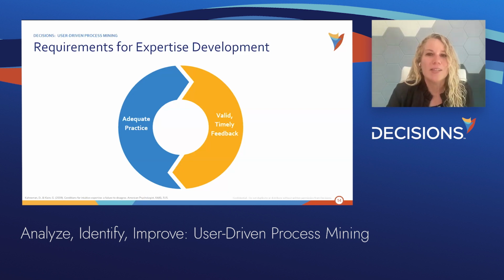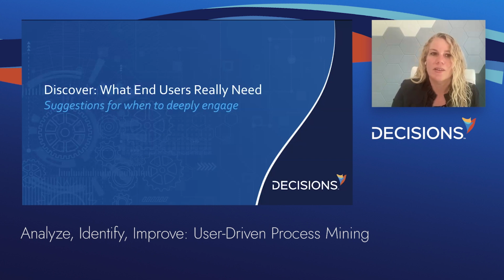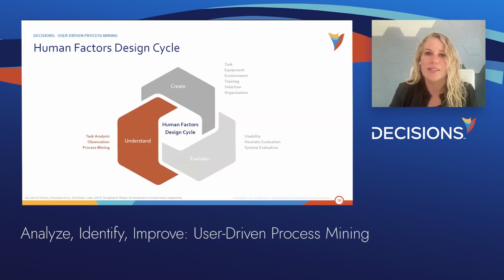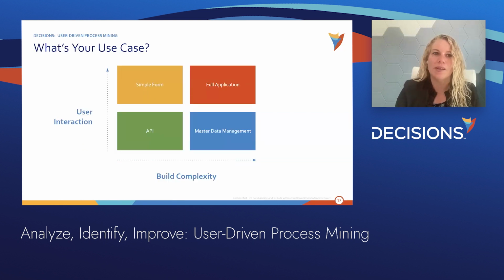And let's get this back into talking to your users and understanding what they really need. Because they're experts and they have this tacit knowledge, we're going to start with the human factors design cycle of understanding, on the left side of that design cycle. There are some tips that the human factors team has for doing that in very specific ways to get information from experts. But we don't have to do that every single time.